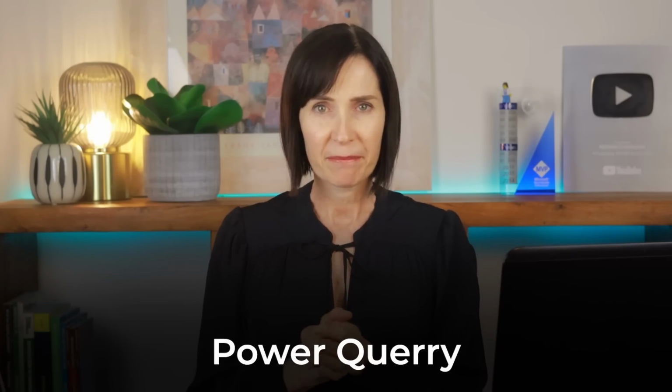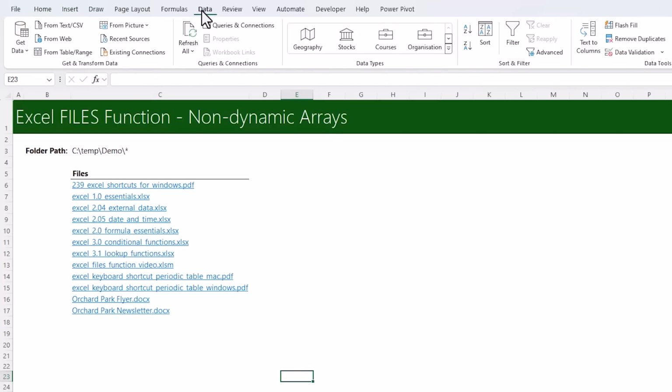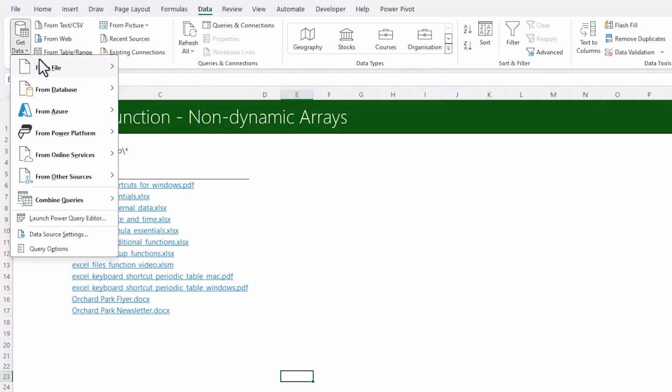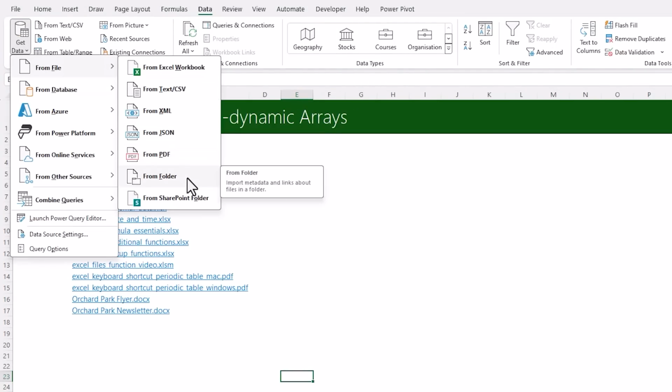Another way to get the file names from a folder that works in all versions of Excel and doesn't require any macro enabling is with Power Query. Power Query is also able to get the file names from subfolders along with file metadata like date created, date modified, and file size. So for Power Query, we'll go to the Data tab, Get Data, From File, From Folder,